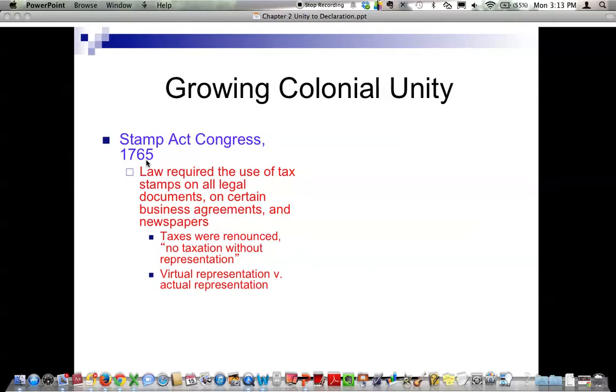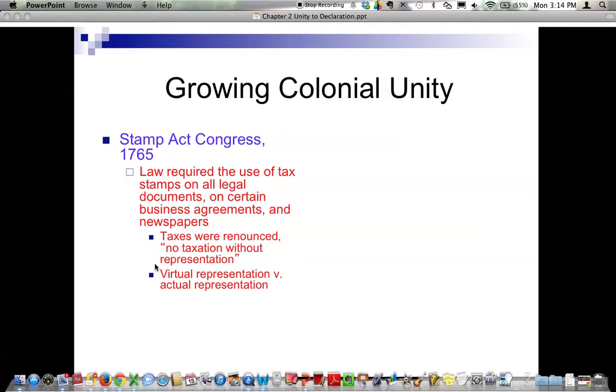So the Stamp Act was a new law King George III created, and it required the use of tax stamps on any legal document, on business agreements, on newspapers. They were on playing cards. Anywhere you went, this new tax was required. And they said, this is entirely ridiculous. Nobody asked our opinion. The people in Great Britain did not need to pay for it. It was only in the colonies. The taxes were renounced, and the famous phrase, no taxation without representation, started as a result of that Stamp Act